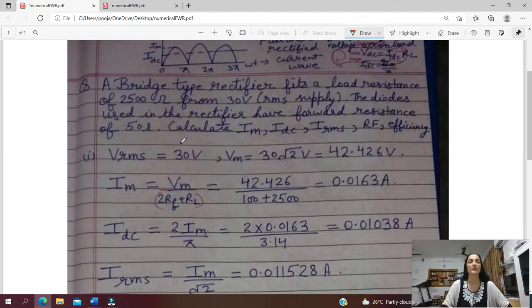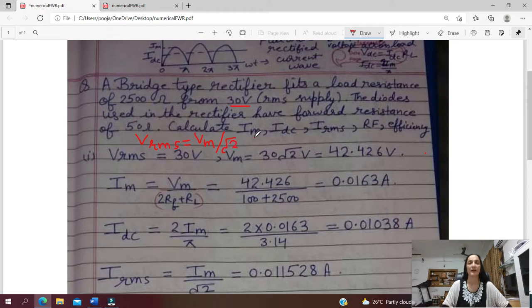Okay. So first of all, 30 volt input voltage is given to us. Now we will find out its peak value. As I had just told you, RMS value, whether it is RMS value of voltage or RMS value of current of a sinusoidal voltage, is equal to peak value of voltage divided by square root of 2.